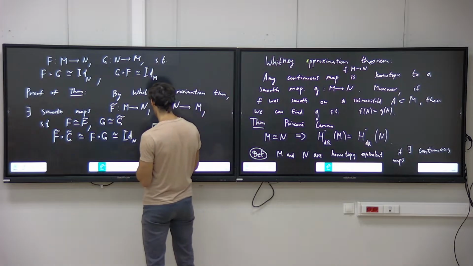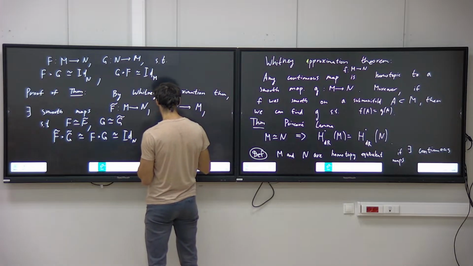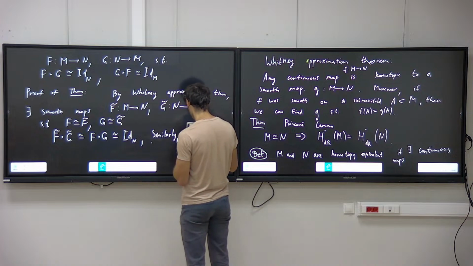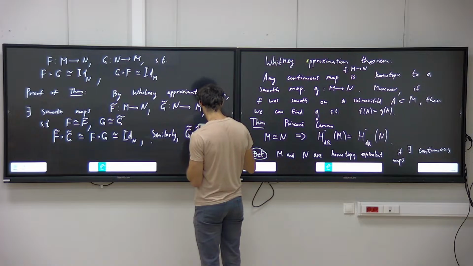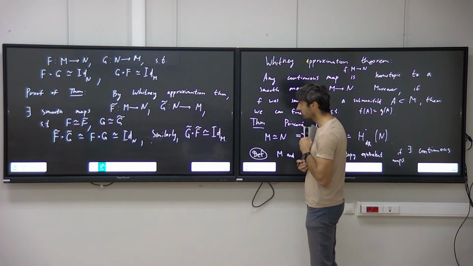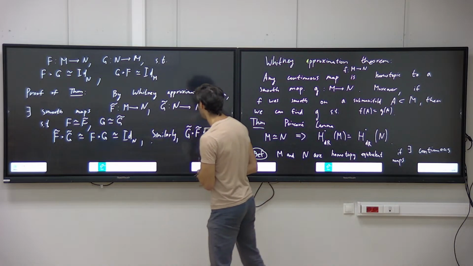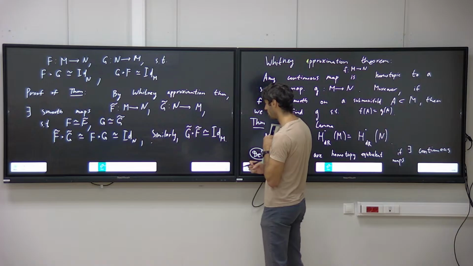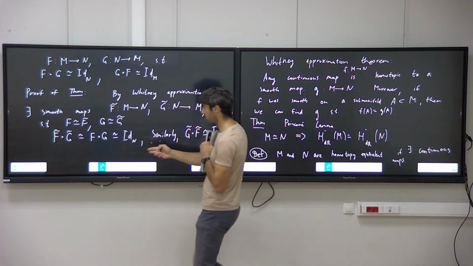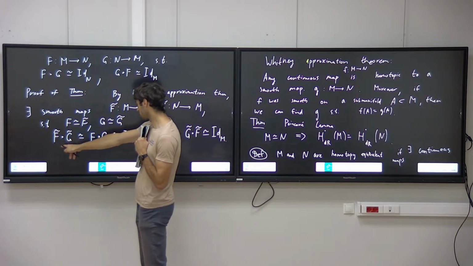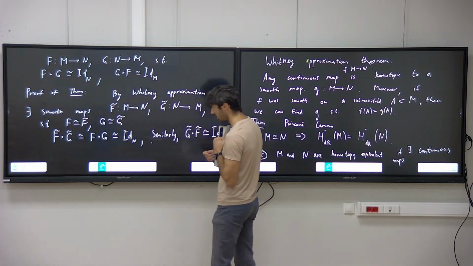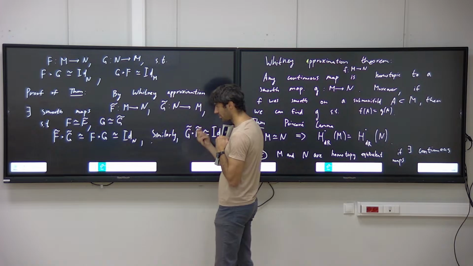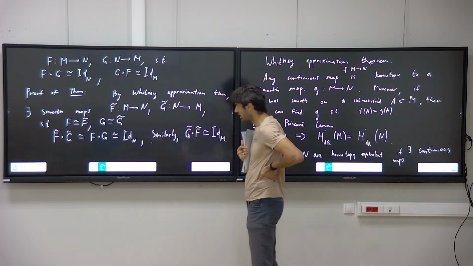And similarly, we have that G tilde composed with F tilde is homotopic to the identity on M. Therefore, okay, we have some homotopy from this map to this map,